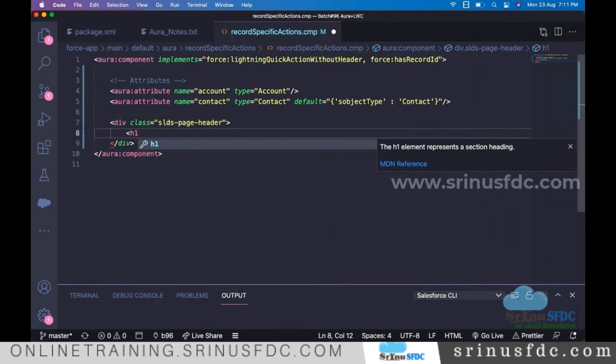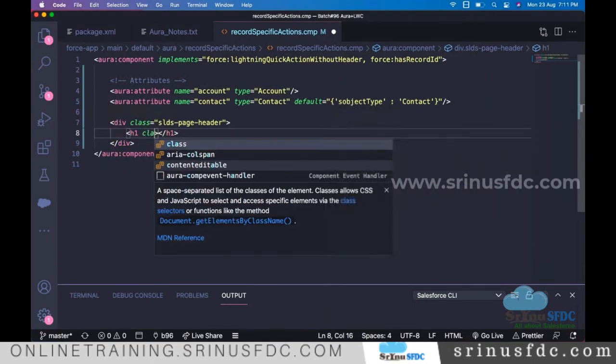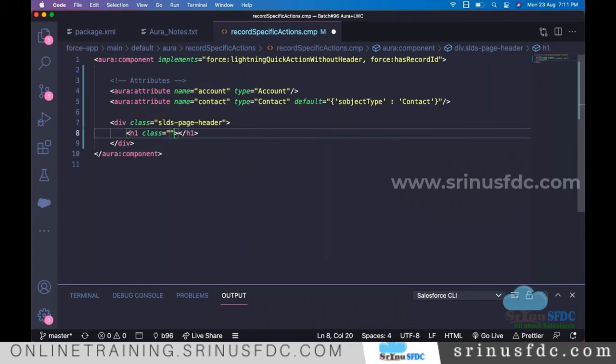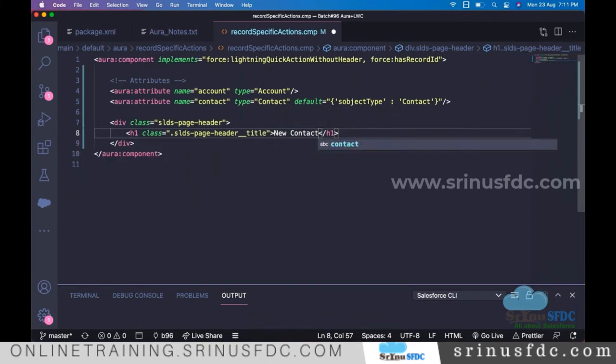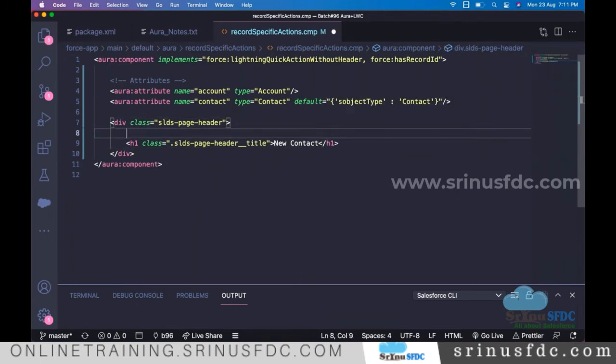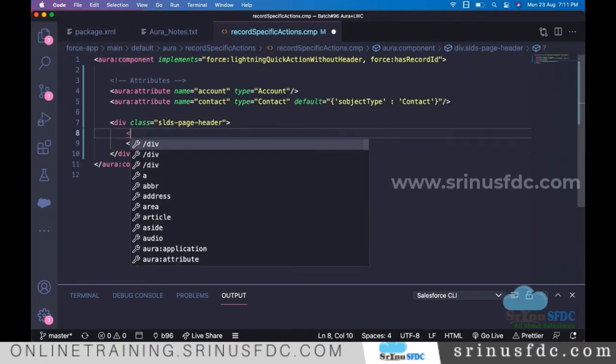Maybe if you are not able to find one like that, just keep whatever existing style is there and try to do it. Okay, so now I'm using that style for the H1 tag, and here I'm going to keep the heading. So let's say I'm giving the heading, and also a subtitle.